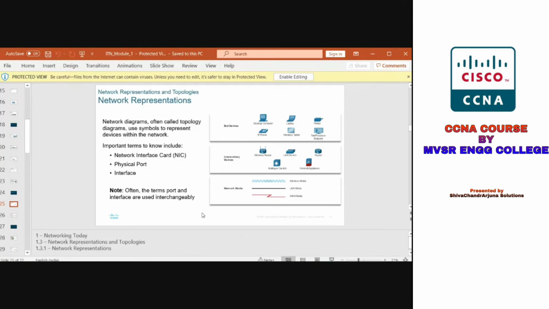So I'll give one example for this. If any packet comes from your friend, okay, you are in a college, in a system, in a lab here, the packet travels through different intermediate devices and the packet comes to your router.